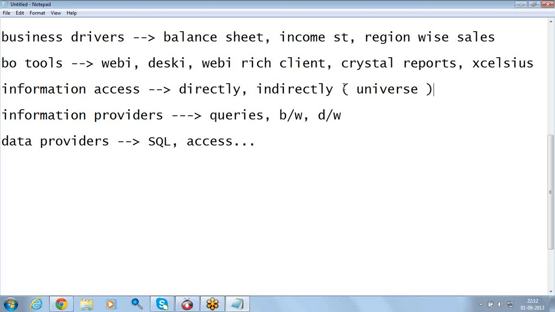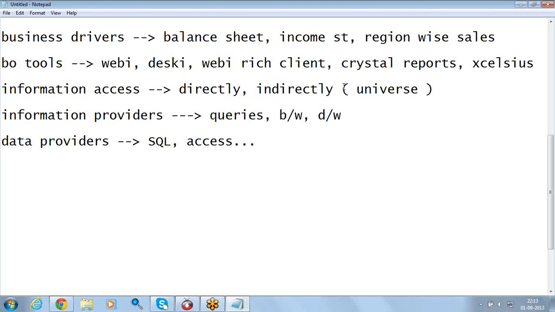So what I do now is I will be running an ETL tool, that is extraction, transformation and loading. I use that tool on the databases, extract the data and put it in the information providers, which gives us the organized data. This data, stored in BW or DW, will be used to analyze the data from any corner.